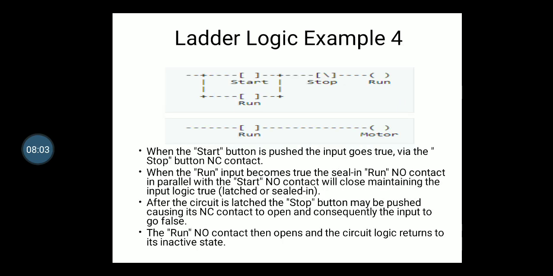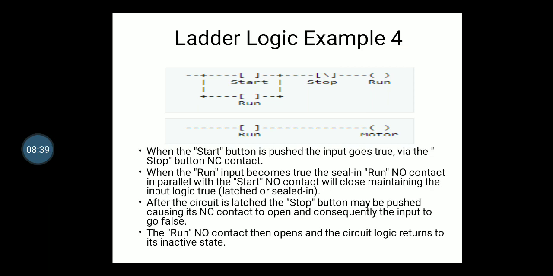Let's see one last example. Ladder logic example 4. Now this is very interesting. Suppose there is one simple switch. We have one start and one stop, right? Whenever you press the start, the machine should run, and whenever you press the stop, the machine should stop, right? Now you can see here we are using one normally open switch and this is a normally closed switch, right? Normally closed means it is closed now.